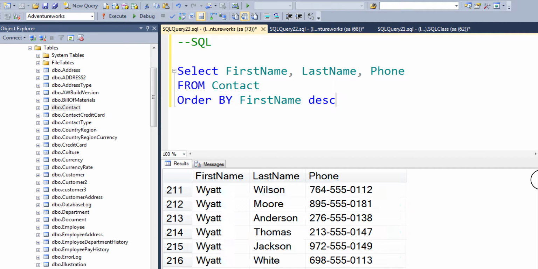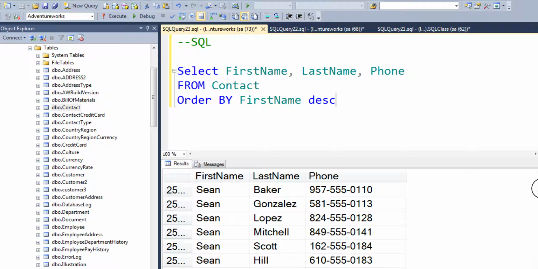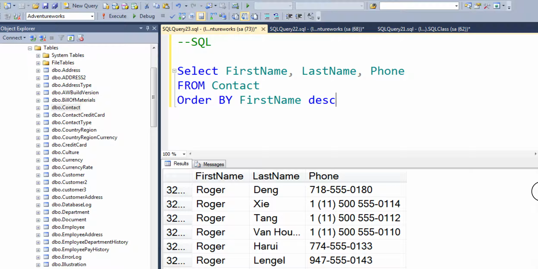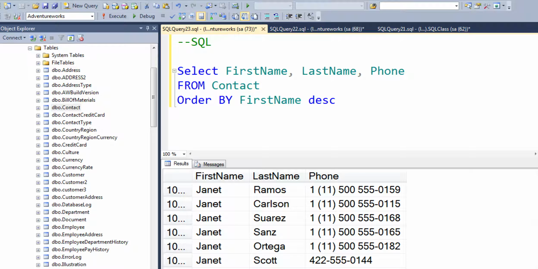Now the first name is given to me in descending order, from Z to A here, so it works the opposite way. Another query I'm going to show you is, let's just say that I want people with just the first name Janet. So I can also do